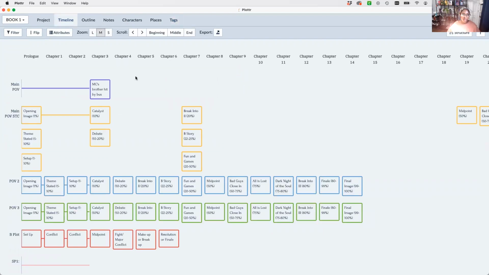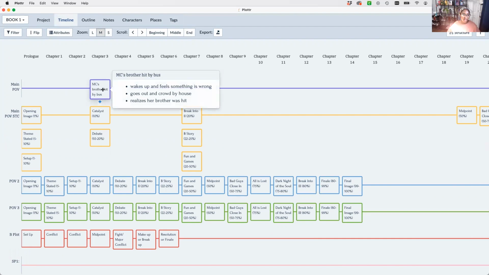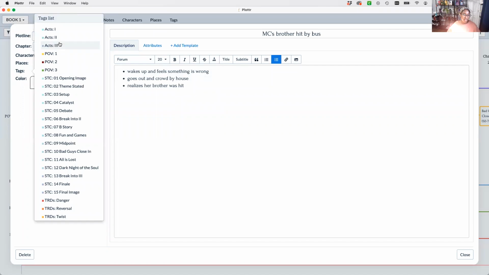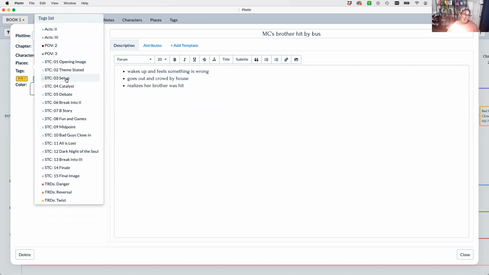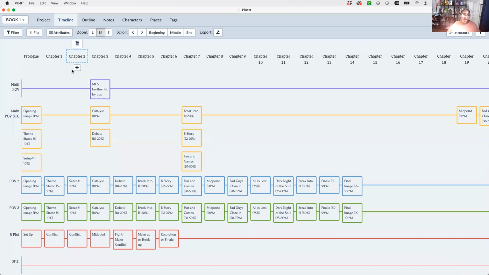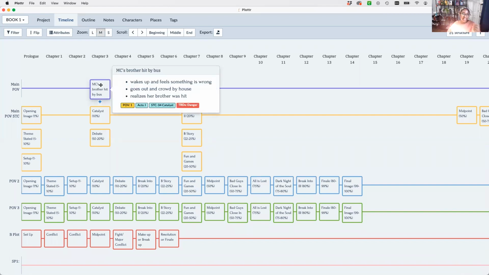And then again, when you go to the timeline, for example this, you can add all those tags. So all the tags are here. I can take this POV1, Act 1, it's the catalyst, and maybe something dangerous happens here, and so I can tag it on that. I can also tag whatever characters are in this scene, and I can tag any places that are in the scene if I want. And so I'll close that, and then when I hover over it,